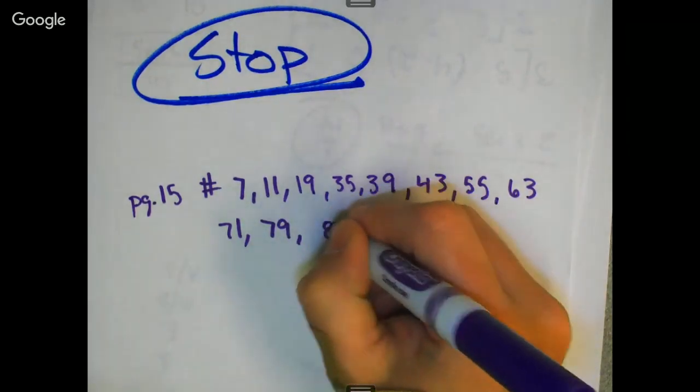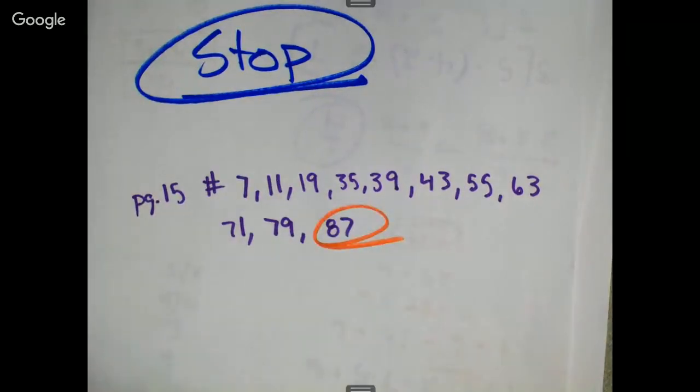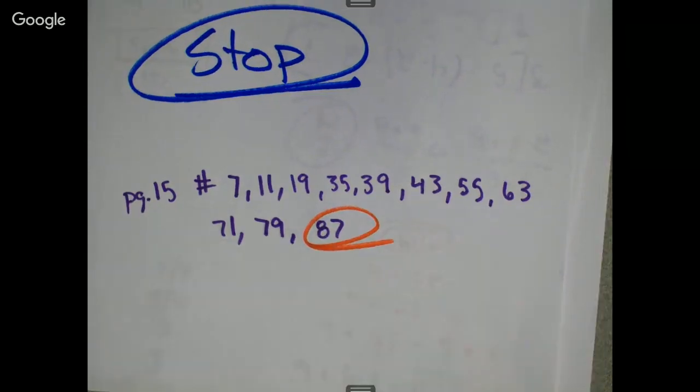Yes, it may seem like there's a lot, but it's designed for those who need help. Number 87 is your challenge problem. If you think you really have this topic, you're going to want to try number 87. Sometimes it pops up as a bonus question on the test, or it may be some kind of extra credit that I put in there. Okay, so those are your problems. Make sure we're trying those out. We'll talk about this